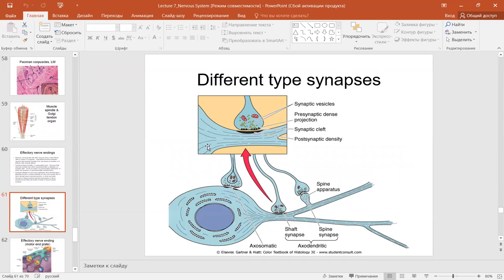So here you have the different types of synapses: the axodendritic synapse, the axosomatic synapse, and the axodendritic synapse through the spine apparatus of the dendrites. Here you have an axodendritic synapse at increased magnification, with the presynaptic membrane containing the synaptic vesicles, neurotransmitter accumulated in the synaptic vesicles, the synaptic cleft, and the postsynaptic density, which consists of the receptor sites for the